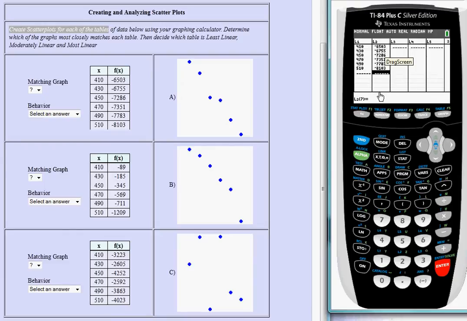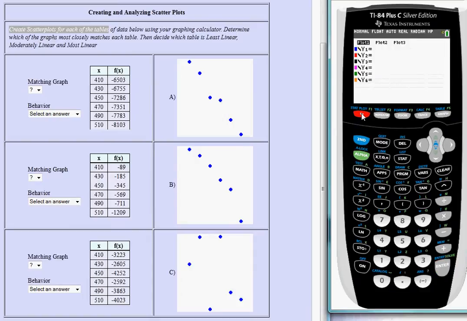Once you get the data in, you need to make sure your plots are on. You can access your plots by pressing Y equals. My plot one is already on, so suffice it to say when we're done with this problem, you could turn it off the same way you turn it on. You just up arrow up there until a plot is blinking, and it's just a toggle switch. If I press enter, and let me go down so you can see that it's no longer highlighted,